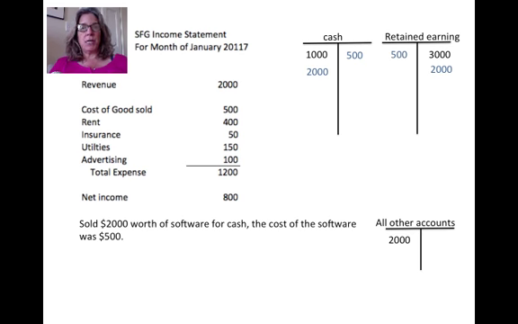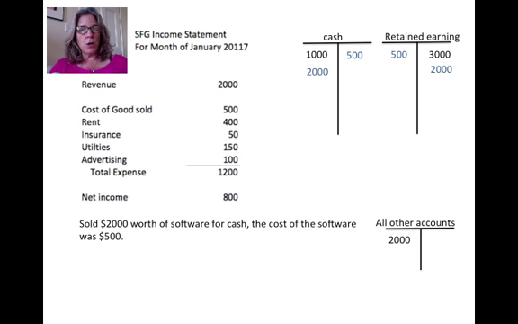So the first transaction is that we sold $2,000 worth of software for cash. The cost of the software was $500. So you can see I actually have 4 entries here. I sold $2,000 worth of software. That's where I get cash of $2,000. And then I entered it over here as an increase in the equity of $2,000 because it's part of the owner's profit. The other side of it is I had a cost associated with that. I purchased those